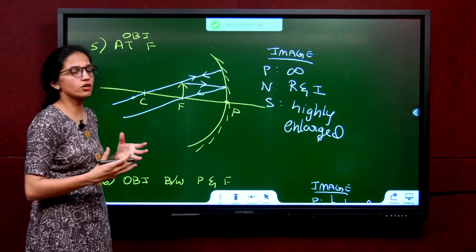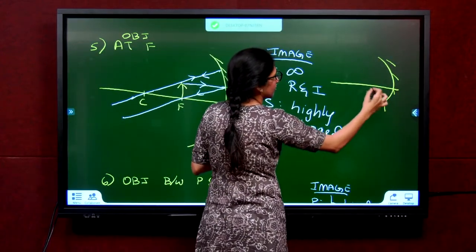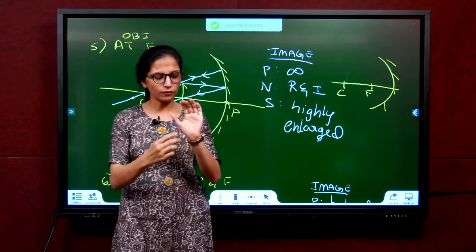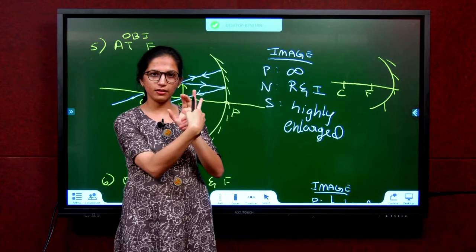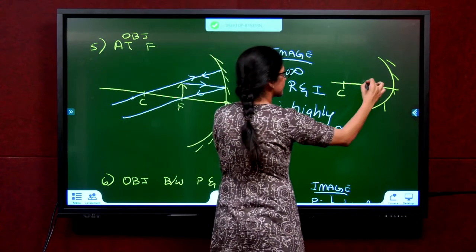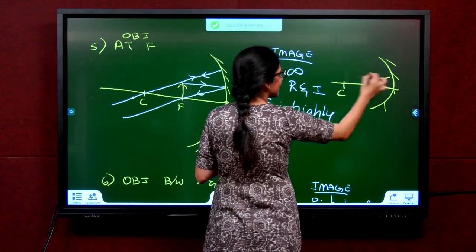So in your two-wheelers, in your cars and all, what they do is, they'll put a concave mirror. You see the two-wheeler, if you stand in this two-wheeler, this is the silver part of the two-wheeler headlight. There'll be one light here. The light will be placed at focus. So what will happen? Rays coming out will be parallel.